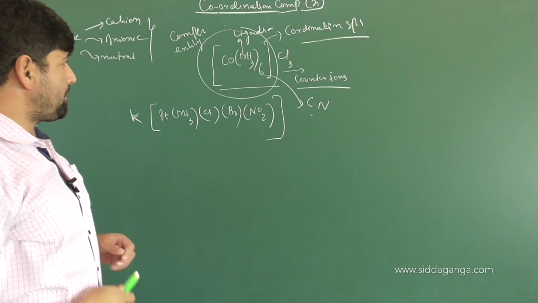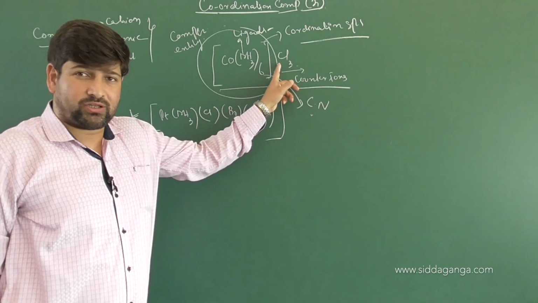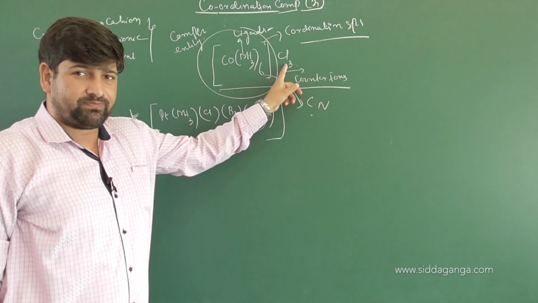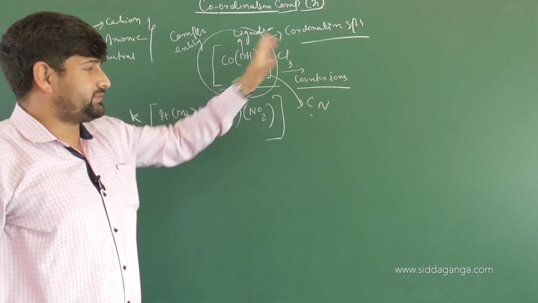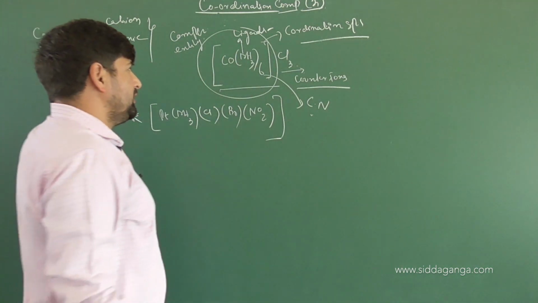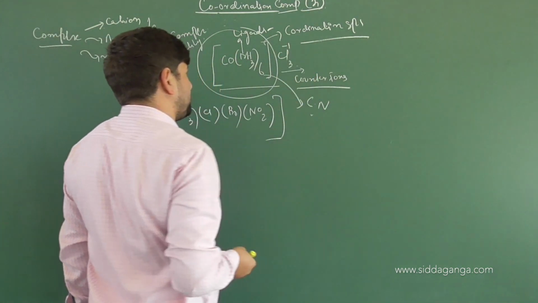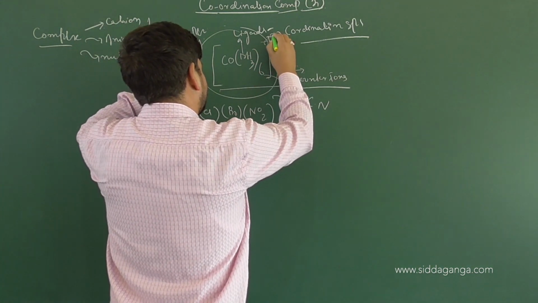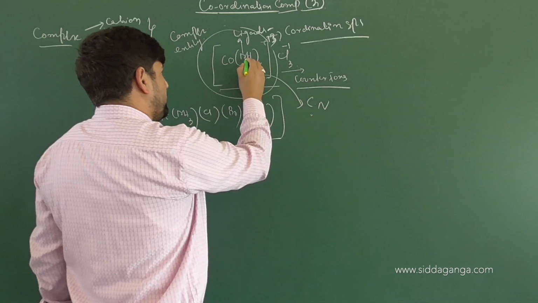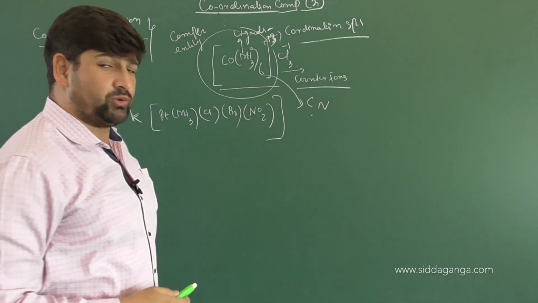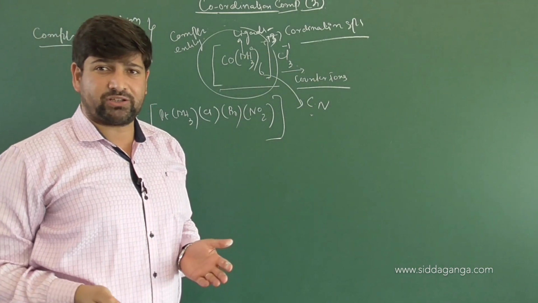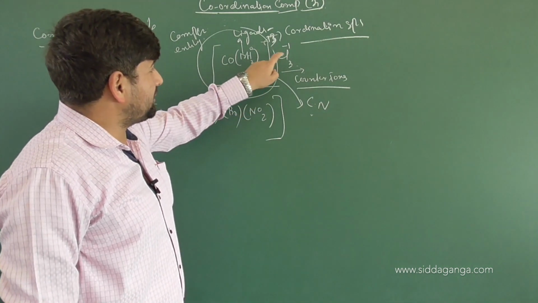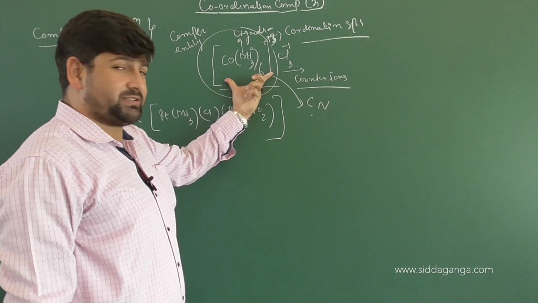In the present case, there are 3 chlorines outside the coordination sphere. So it will give the test for how many chlorines? 3 chlorines. Because when it is treated with silver nitrate, it will give you 3 moles of AgCl. Each chlorine will have a charge of -1. That means the complex on the whole will have a charge of +3. Ammonia is a neutral molecule. It doesn't have any charge on it at all, so it is 0.